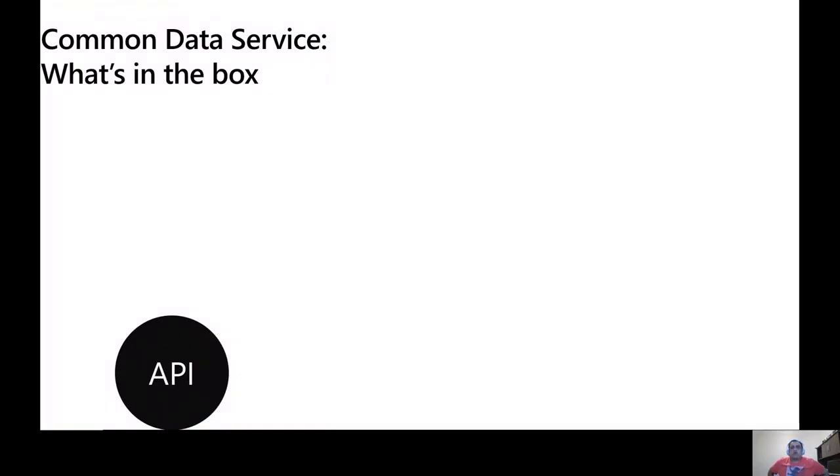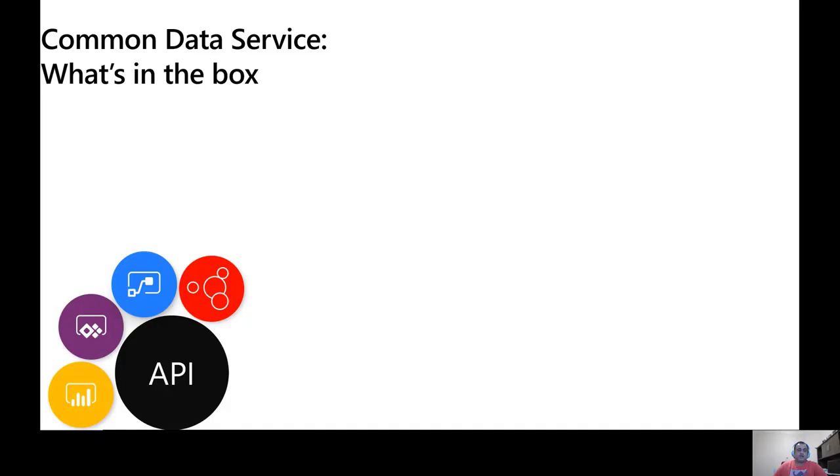So if you're familiar with Common Data Services, then let's take a look at what's inside. The Common Data Services is API first. Everything you do in CDS creates an API. It is the same API that is used by your Power Automate, Power BI, and other external systems.